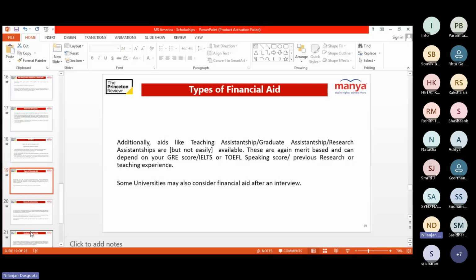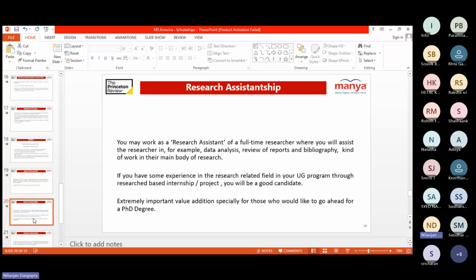That depends on many things, as I've told you. They decide whether you will be able to receive a scholarship or a tuition fee waiver depending entirely on your profile and on each and every component separately. But yes, after you reach there, you have other options as well,